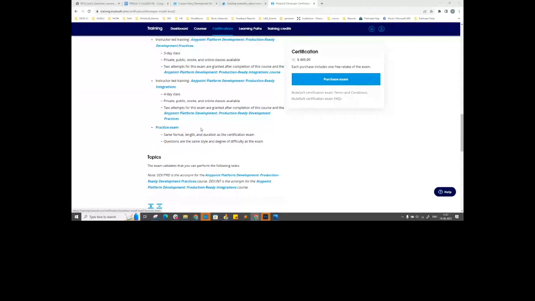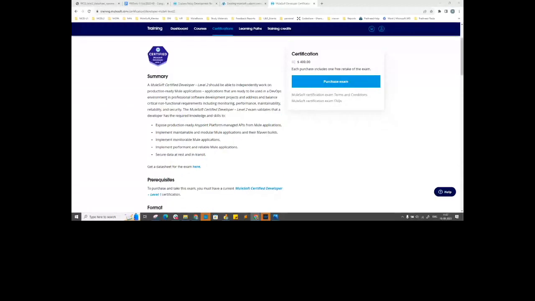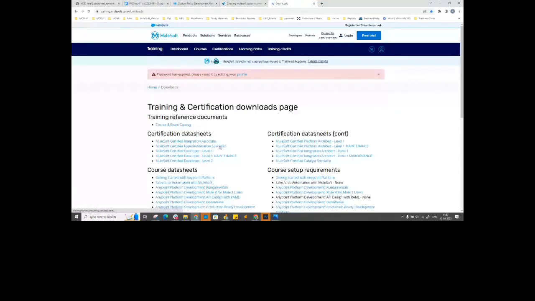Now, as I was telling you about the data sheet, under the summary, you have the data sheet link. Just click on it, and it will take you to all the data sheets provided for all the certification exams by MuleSoft.